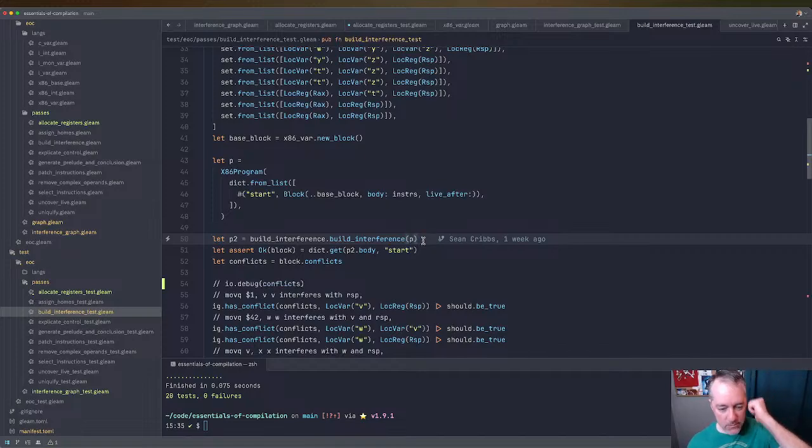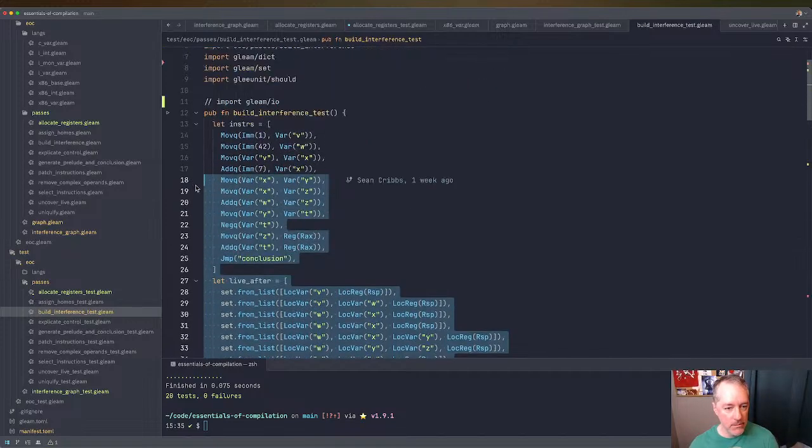And then what we're going to do is use what we have from the book. We'll translate that into